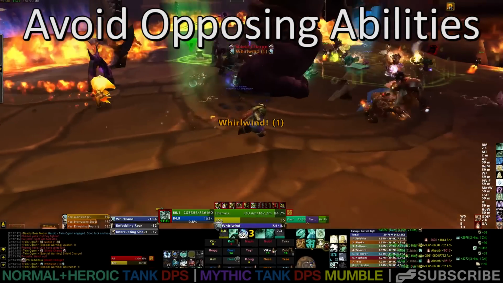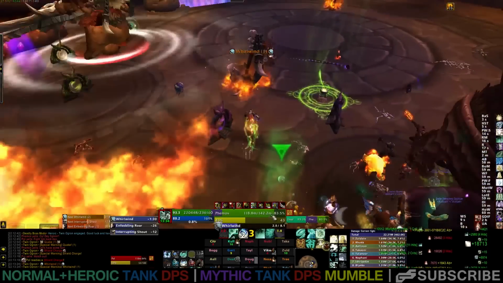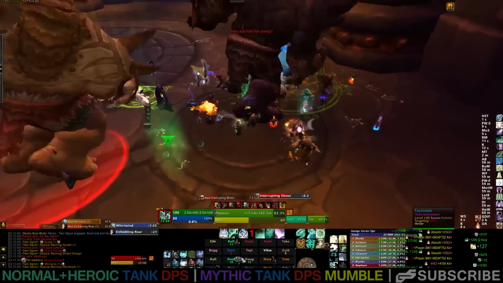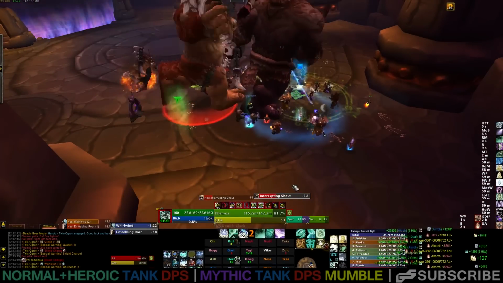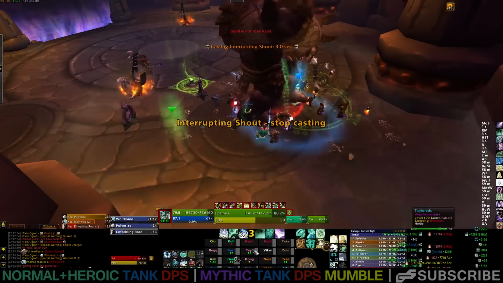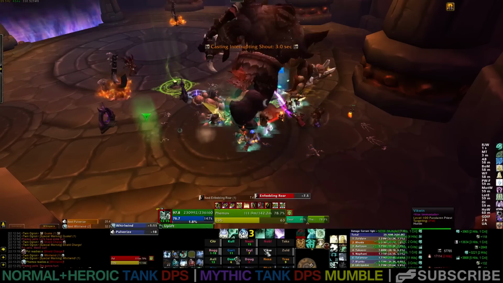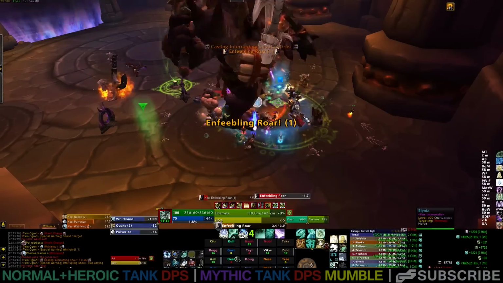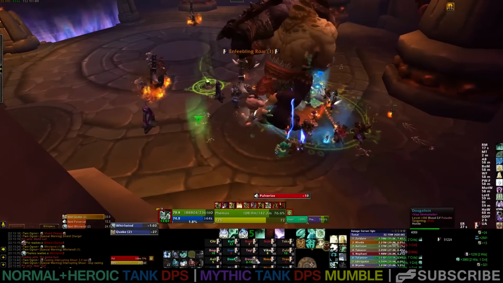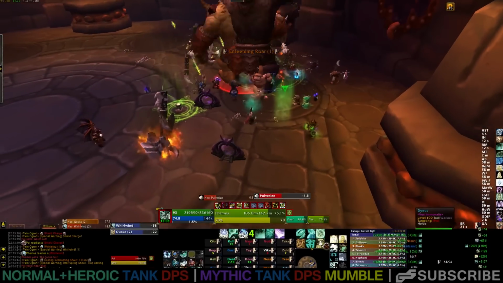The last thing to briefly mention is that tanks need to be sure to avoid opposing abilities. And what I mean by this is there are 2 instances, one for each boss, of being hit by their abilities will cause a debuff that makes you take significantly more damage from the other opposing boss's ability. So if you are tanking Phemos, you will get hit by Whirlwind, of course, and this causes a debuff that makes you take extra damage from Pole. On the other hand, if you're tanking Pole and you get hit by a shield charge, you'll take extra damage